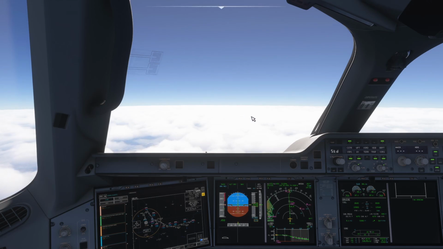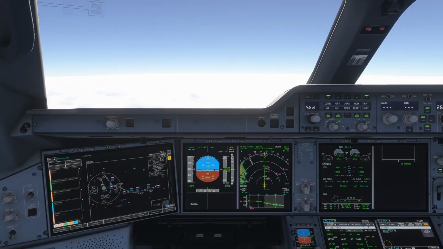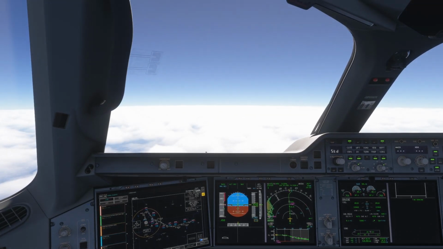So this is my second attempt, and that's why we're landing a lot later than usual. I was supposed to land at around 7 p.m. my local time. It's right now 10 p.m., and we land at around 11. Sorry, but at least I was able to push out a video for the A350 finally. At least it wasn't a WASM crash. If it was another WASM crash, it would be back to the drawing board.